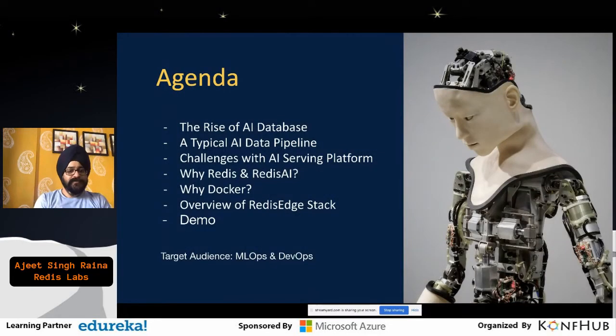So today's agenda looks quite busy here. I have brought a really interesting topic which I started exploring around 3 to 4 months back, and this is all about AI as well as AI databases. This is something which is quite new, and people have been writing about it. So I just thought that, based on the learning and experience which I have around it, I will go ahead and talk about it.